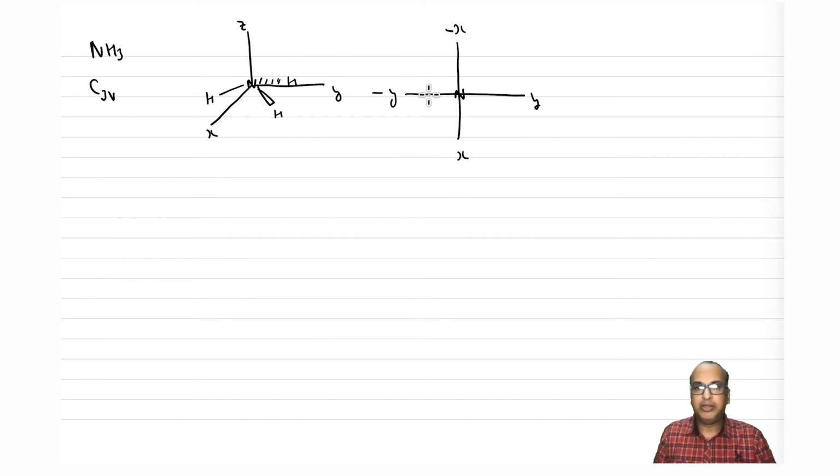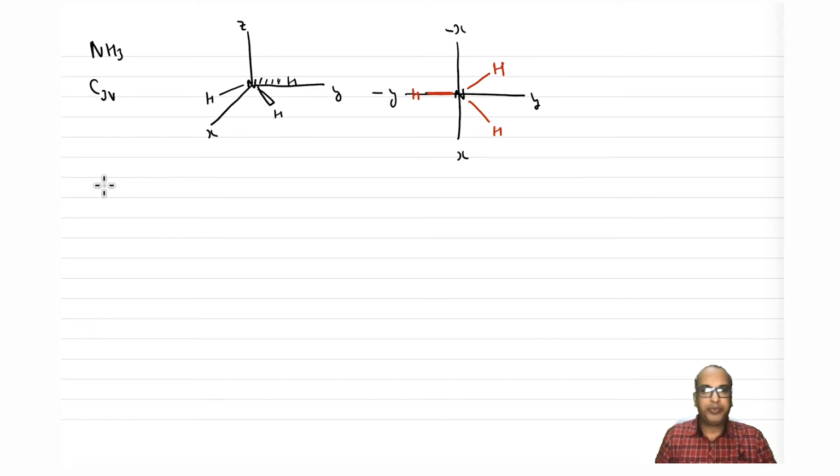So this is my nitrogen. Let me draw the bonds with red color. One of the NH bonds is actually lying along the YZ plane. Another one is somewhere here, and this one is somewhere here, right? So now you see these two bonds are not lying along the coordinates or along the planes. So it will not be as straightforward as in the case of water to write the matrix representations. So let us see how to do that.